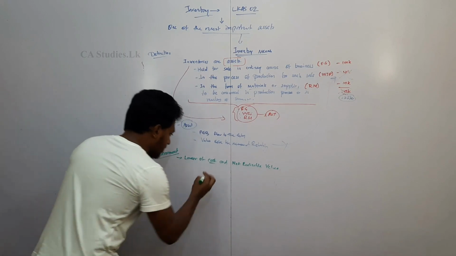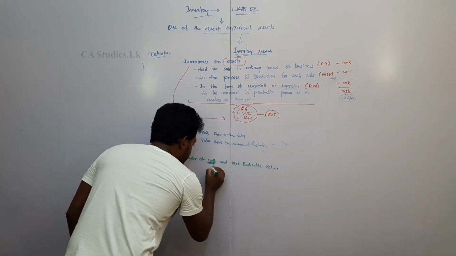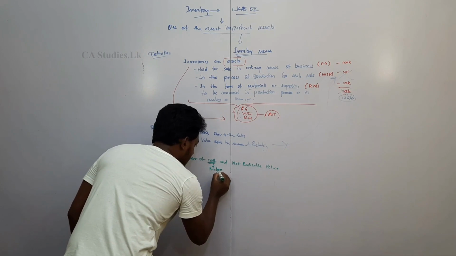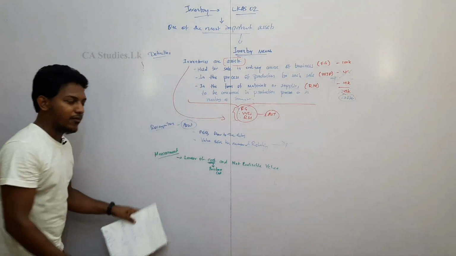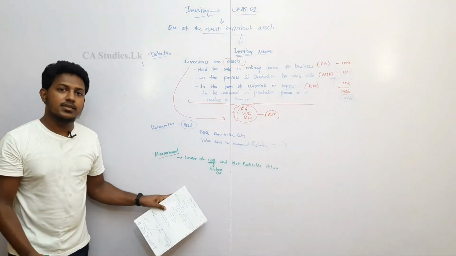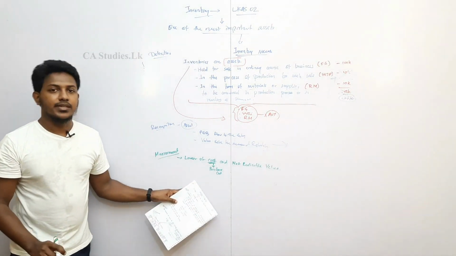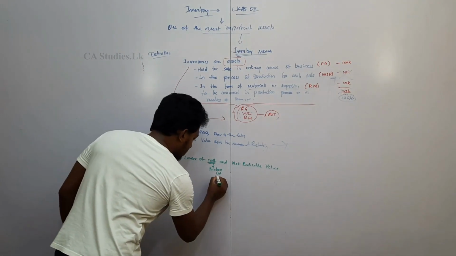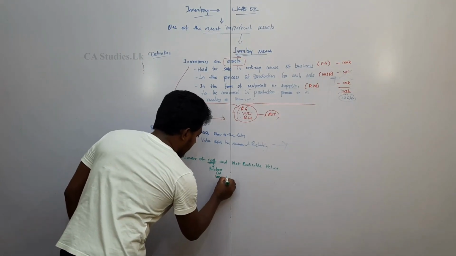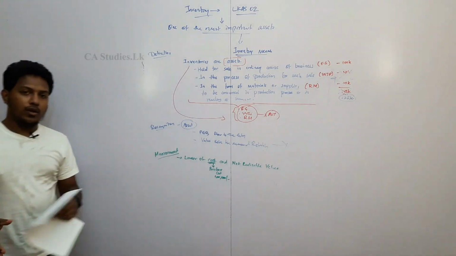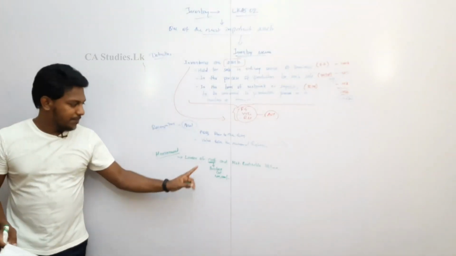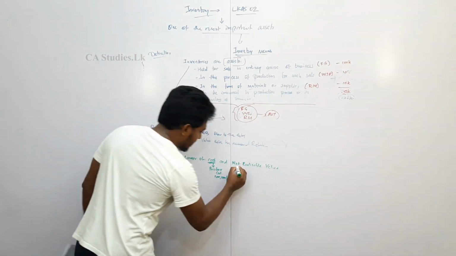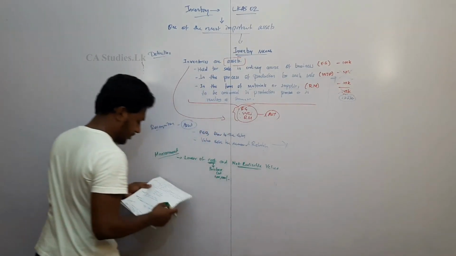Cost means purchase cost. If I purchase this whiteboard at one price, that price is the purchase cost, right? Say the purchase cost is 100,000, taking one of the furniture. That purchase cost of that furniture is 100,000. Net realizable value means, dear friends,